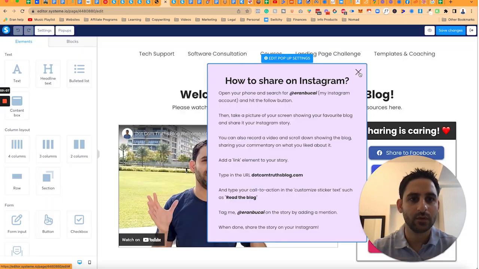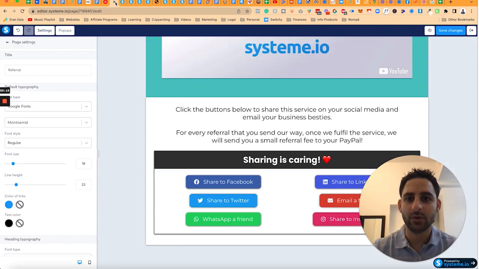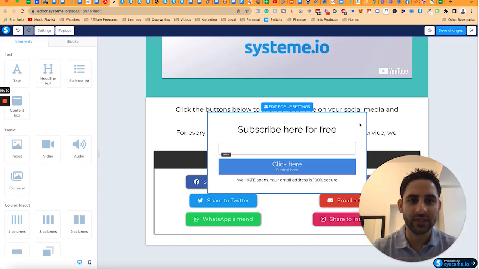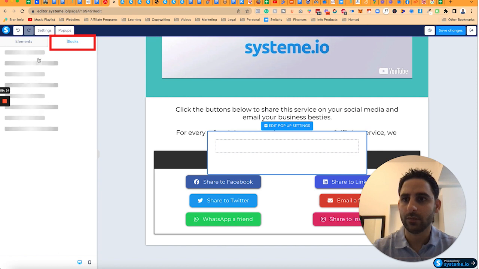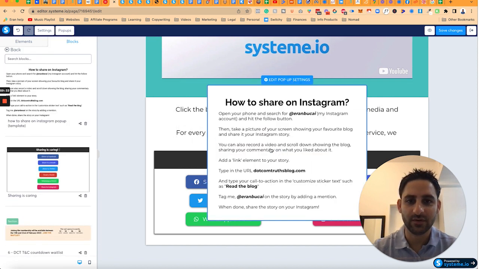Template, save, exit from this. Click here, go back here, create a pop-up, add pop-up, and delete everything that's here. Go back to blocks. Click on my blocks, paste this here, how to share on Instagram. Open your phone, search for Kai, take a picture showing